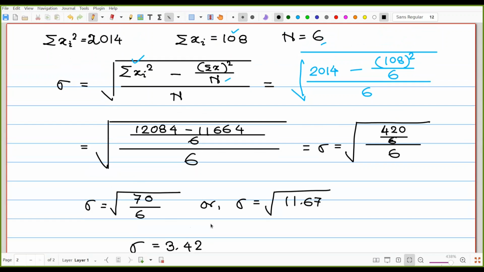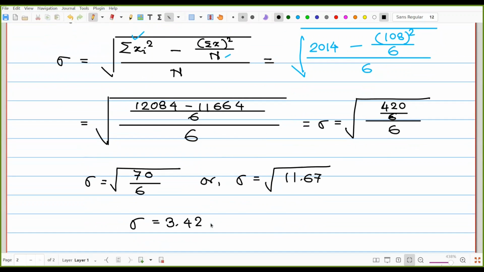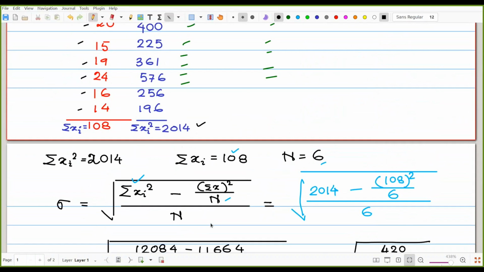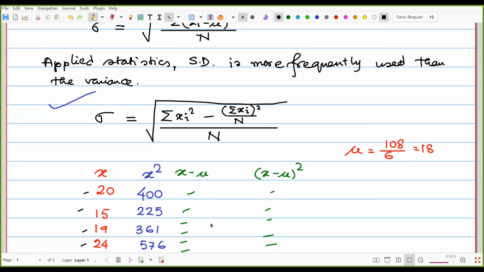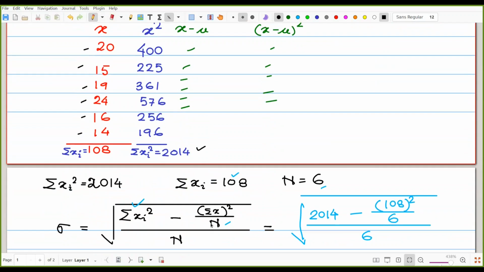Whatever we have done previously, the same result is here and that must be. So in that case, we don't have to find out the mean or something. Just find the square of each and every data or item. Then use that type of formula in applied statistics to find out the standard deviation. And that is obviously for the ungrouped data, because no range, no class has been given here.